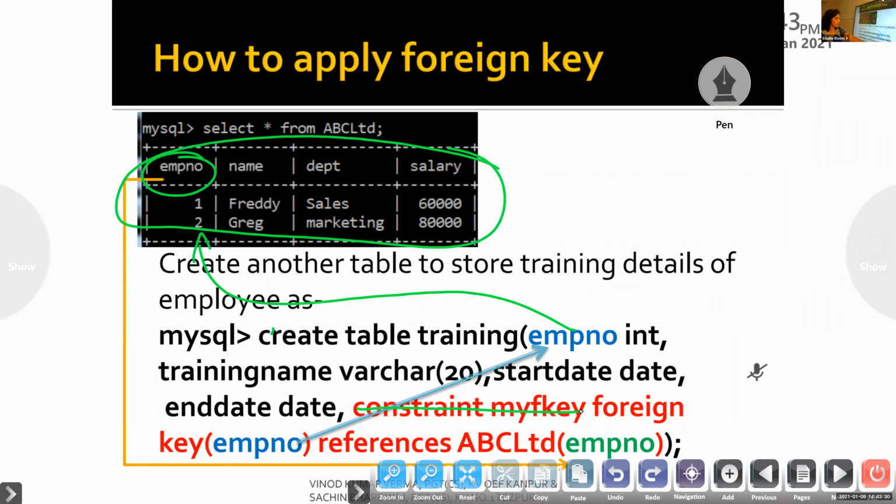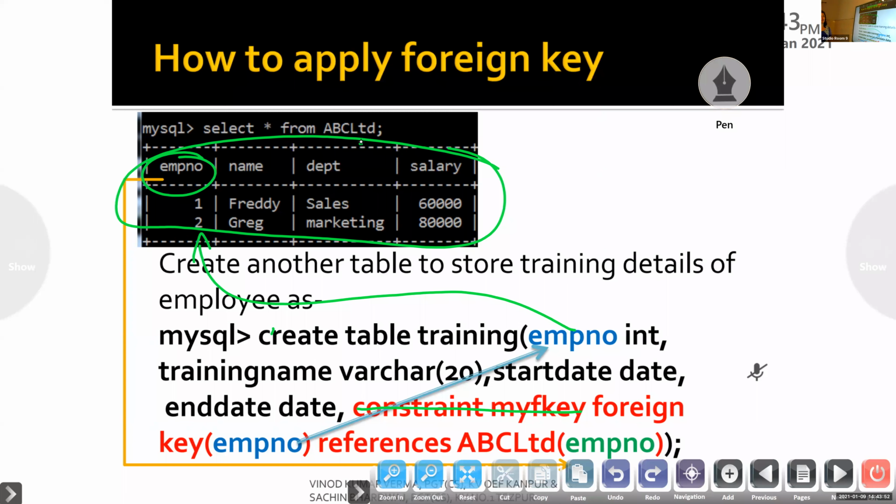We just start with foreign key. Which is the foreign key? EMPNO. References. References which table? ABC Limited. Which column? EMPNO.